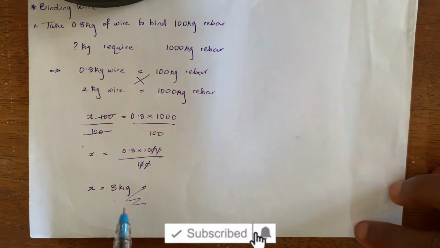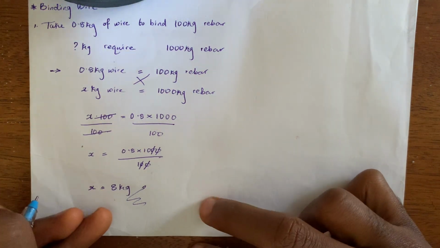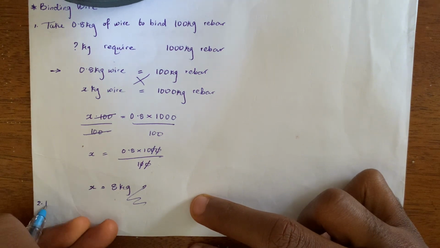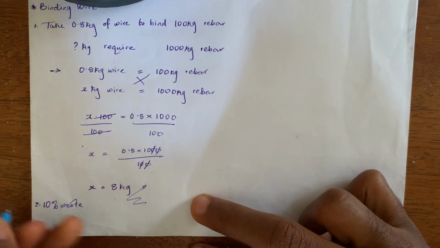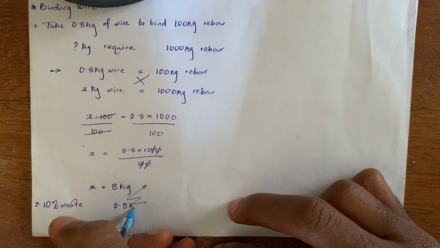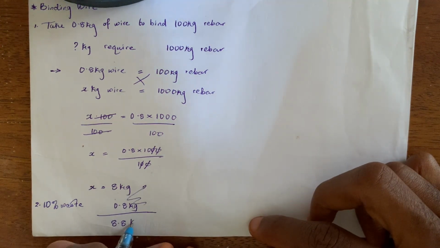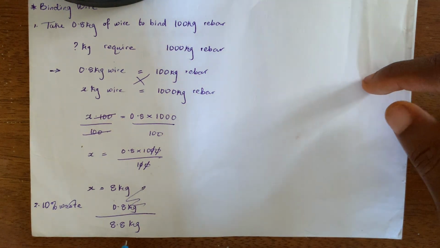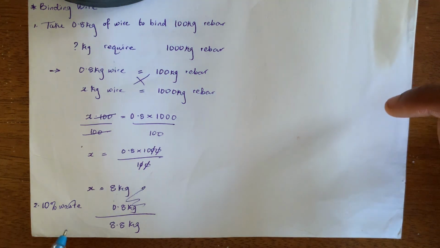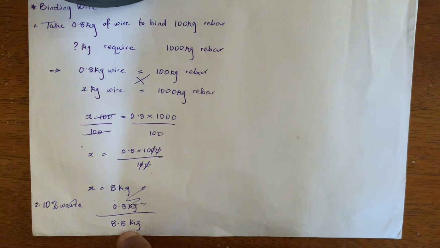After this, we will now add 10% waste on the binding wire. 10% waste of the binding wire will become 0.8 kg. When you add the two of them together, we're going to have 8.8 kg. So this is what we're going to be using to bind 1000 kg of reinforcement, in case there is waste on the binding wire. So 8.8 kg is what we're going to be